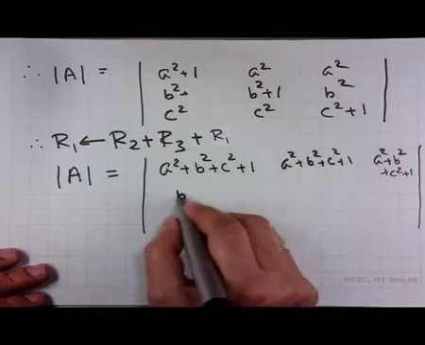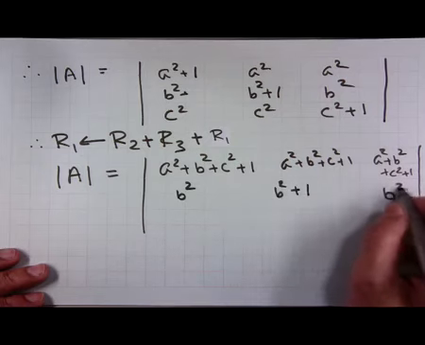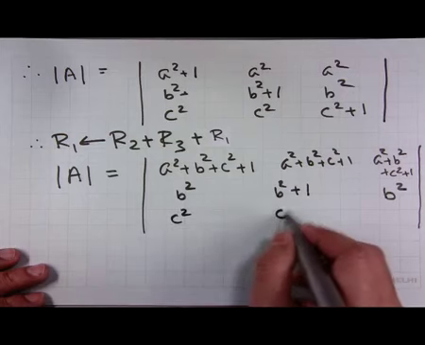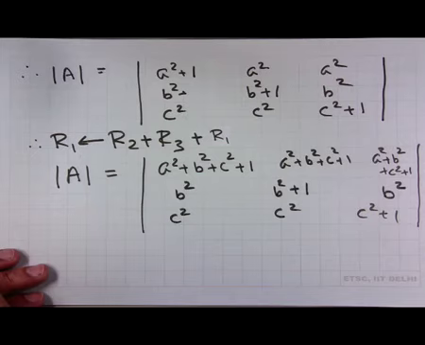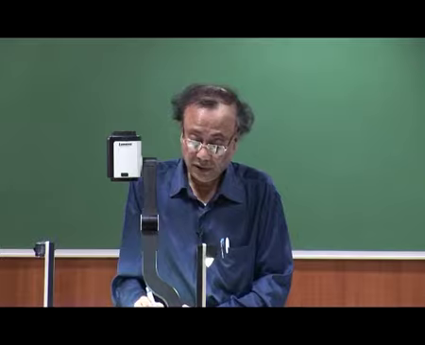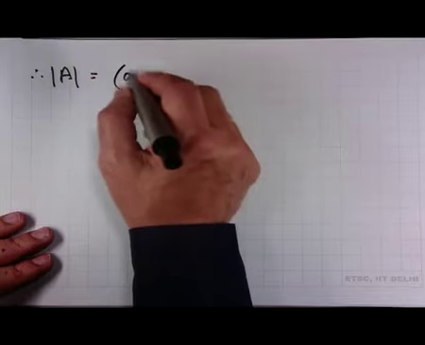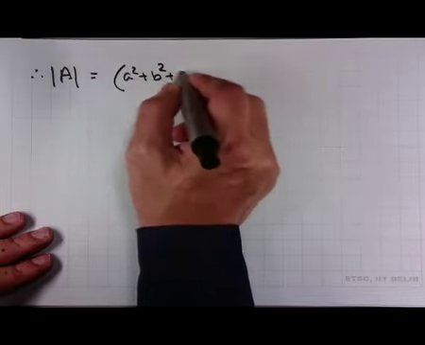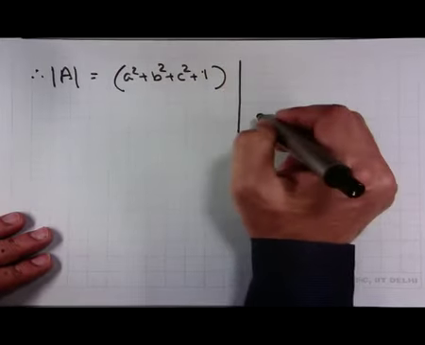Other rows remain the same. What is the advantage? The advantage is that now we can take a square plus b square plus c square plus 1 common from the first row. Therefore, determinant of A is equal to a square plus b square plus c square plus 1 into determinant of